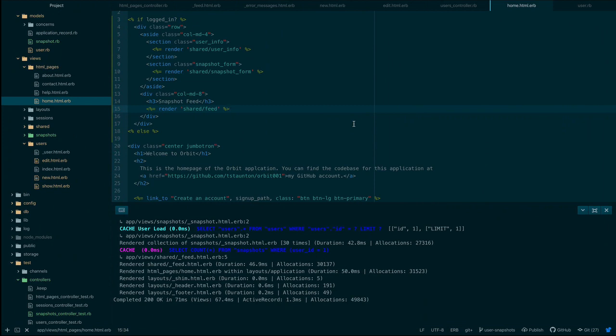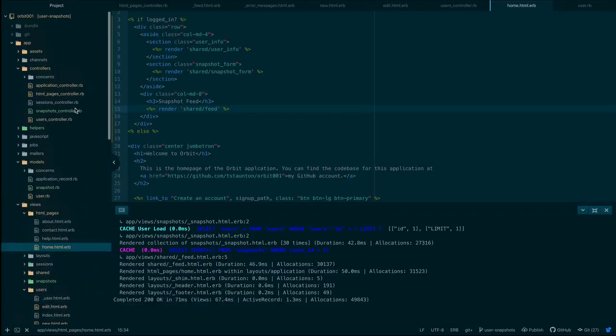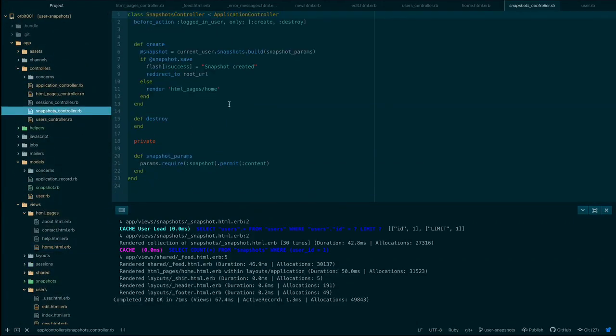Currently, a failed snapshot submission on the home page breaks our application. And this is because the home page expects the instance variable feed items. To fix the problem, we need to create the required feed variable in the snapshots controller. So go to app controllers snapshots controller. So where's that? Here we are, controllers snapshots controller. And in the create action, after else, hit enter. You can leave the render statement in there, but hit enter and say